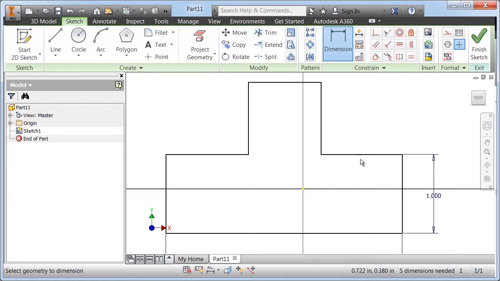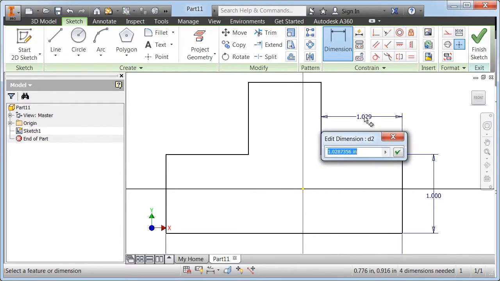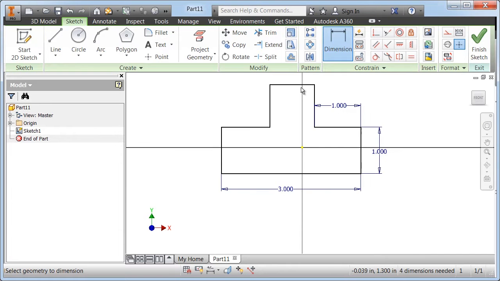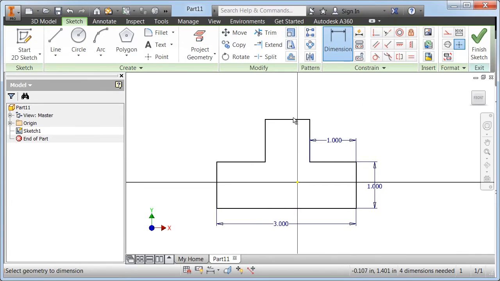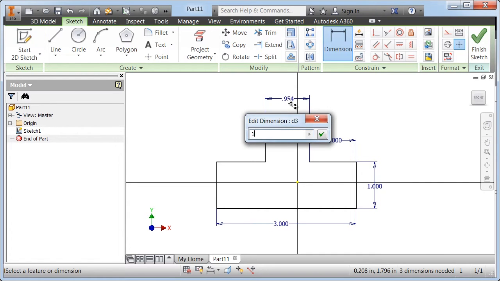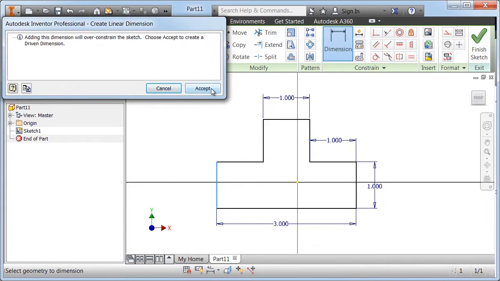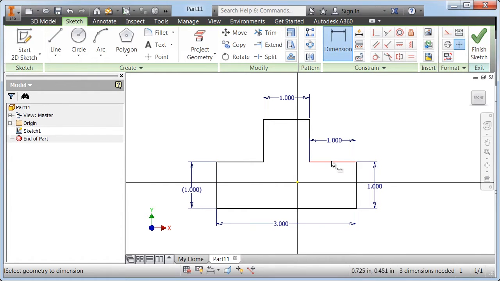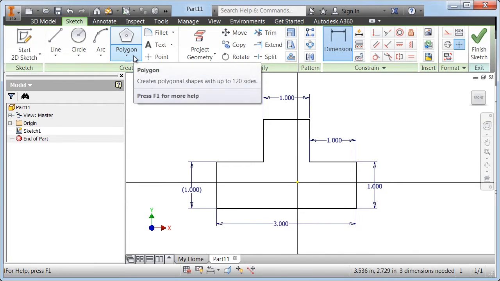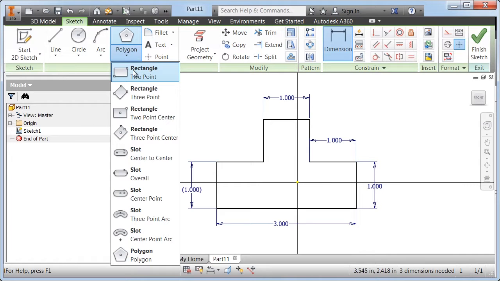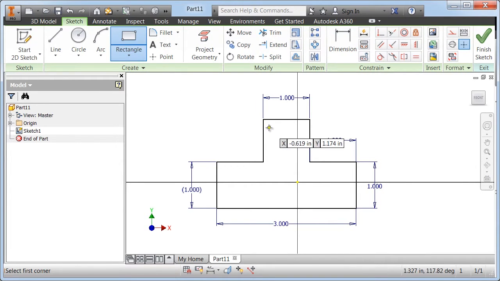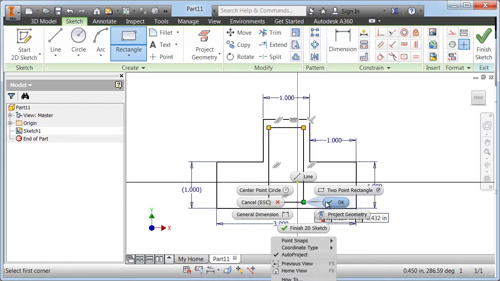So this will be 1, that one will be 1, this will be 1, and that one should be 1 because I locked it in with this line here. Then we'll left click on the little arrow underneath polygon if you haven't already. We'll return it back to the rectangle icon, and we'll drag a rectangle just like this. Then we'll right click, left click on OK,